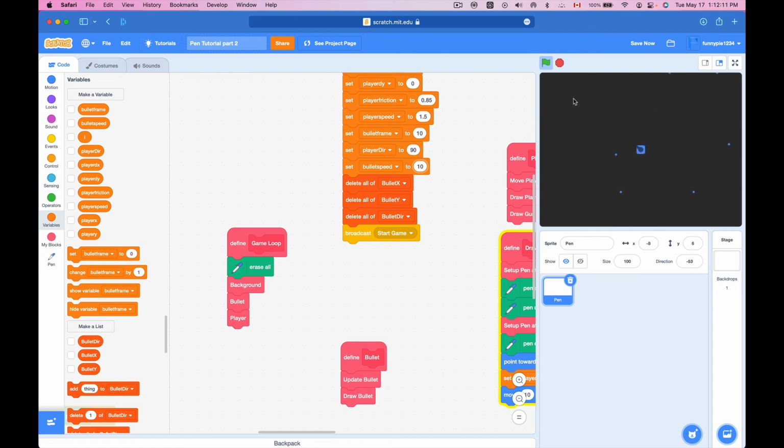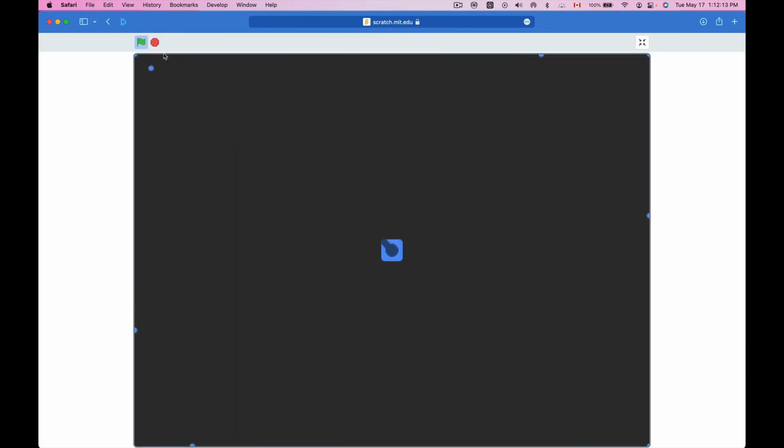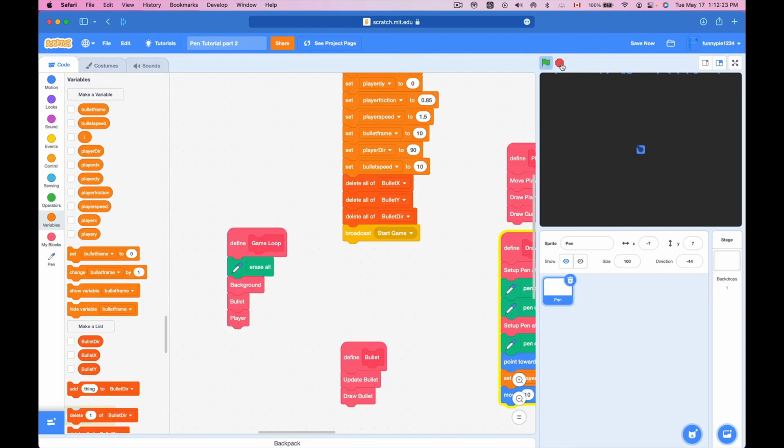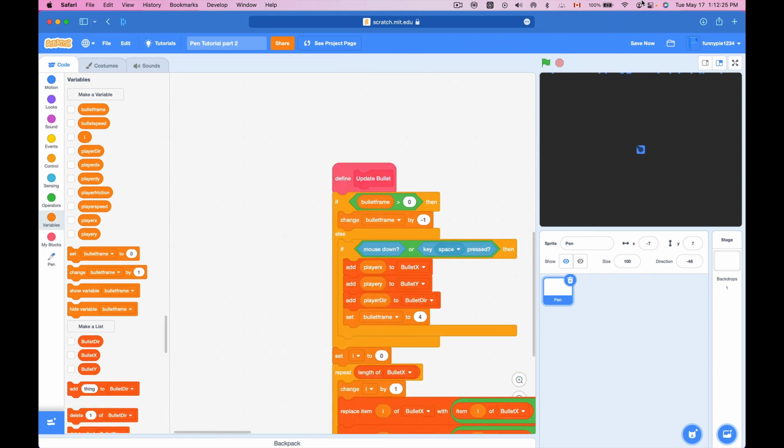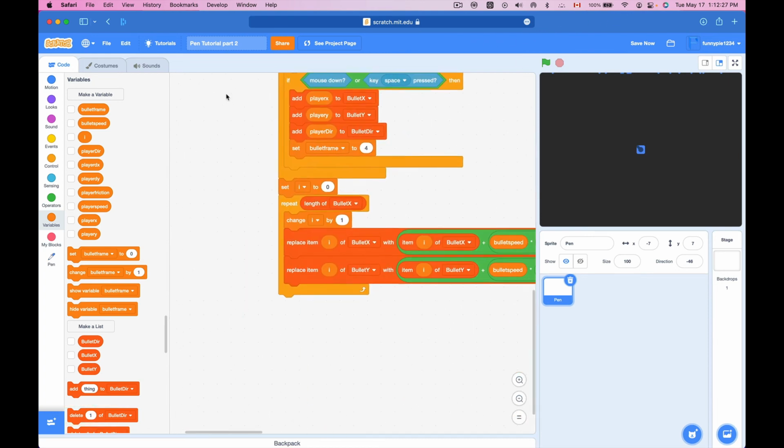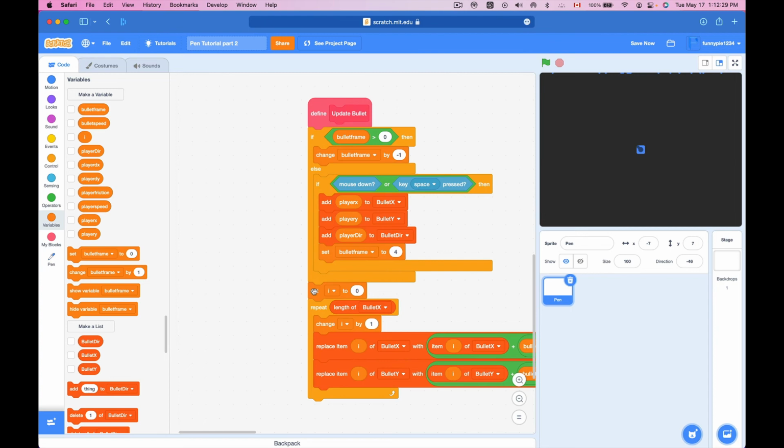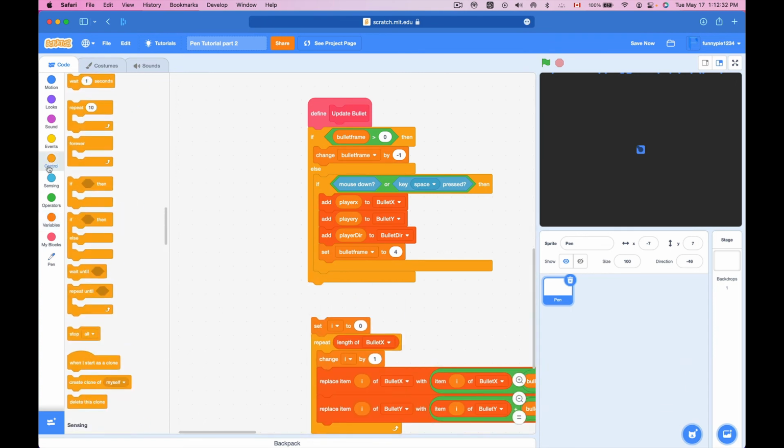Yeah, okay, that's more like it. Okay, one thing I'm noticing, the bullets aren't going off screen. As you can see, they are just sticking to the walls, which is not good. So what we're going to do is go inside our update bullet, and inside here, below this repeat loop, we're going to check if